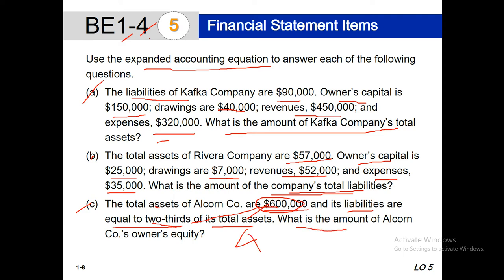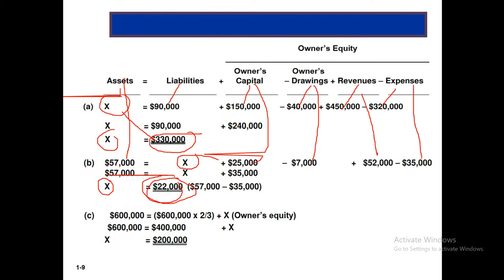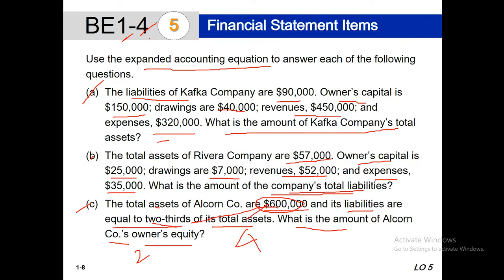So what is the amount of Alcon Company's owner's equity? Owner's equity will be 2 lakh. So we can see the solution. This is 6 lakh, our total assets, and the liabilities are two thirds, that means 4 lakh, and we need to calculate the value of X, that means owner's equity. So owner's equity will be 2 lakh. Okay, I think this problem